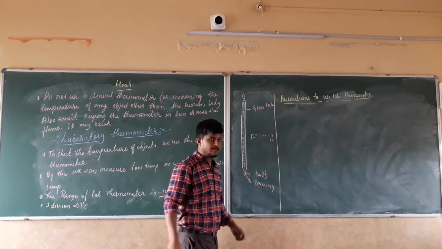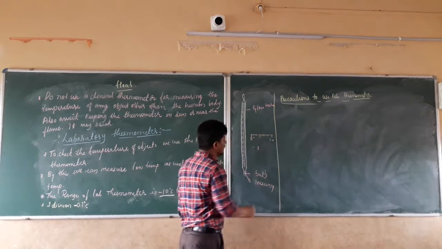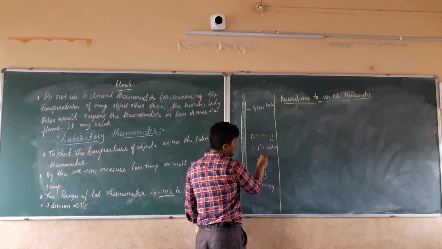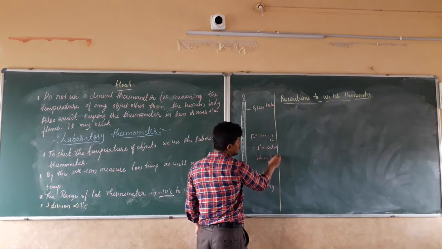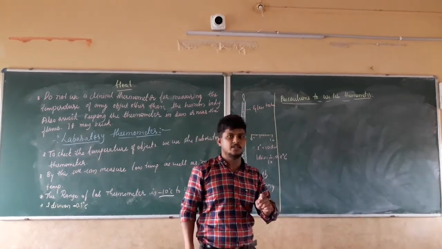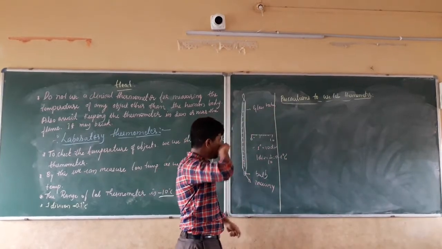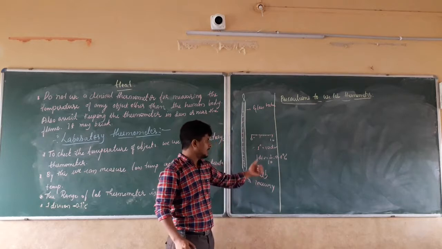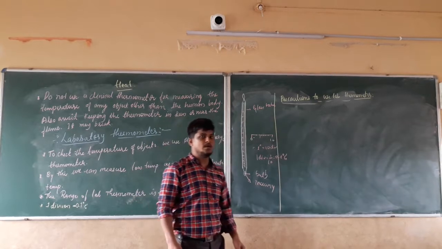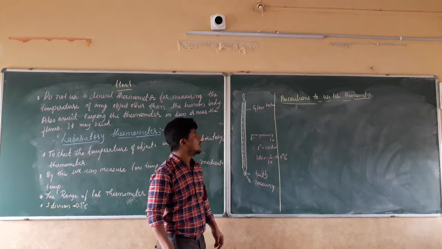In the case of the laboratory thermometer, that means 1 division equals how much? Right, 1 degree Celsius is divided into 10 divisions. Therefore, 1 division equals how much? It will be 1 divided by 10 equals 0.1 degree Celsius. In the laboratory thermometer, 1 division equals 0.1 degree Celsius. Right. In the same manner, how many divisions does this laboratory thermometer have? The total is from minus 10 to 110, which spans 120 degrees Celsius. That means it has 120 divisions.